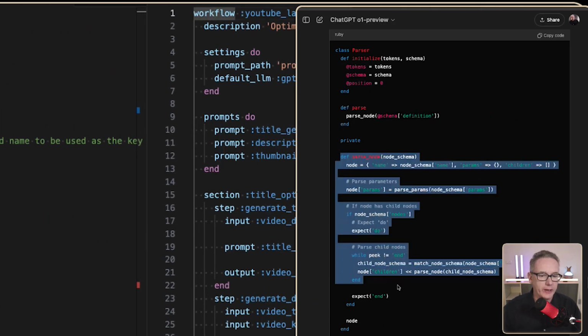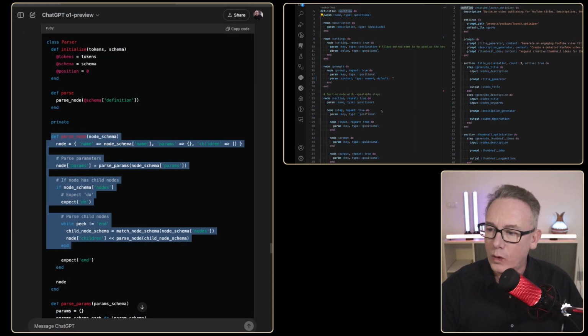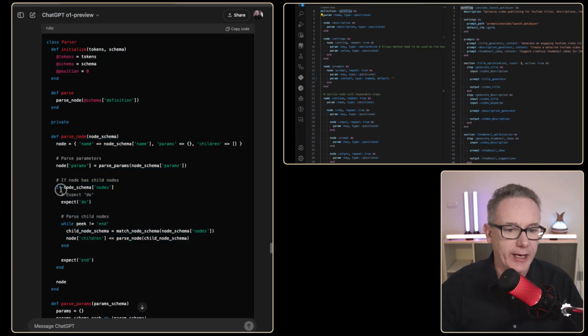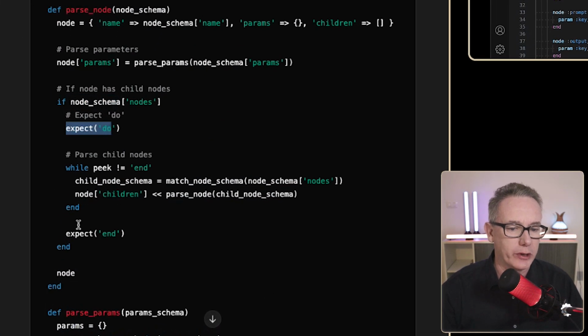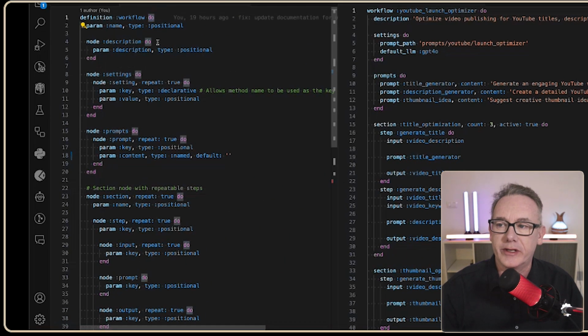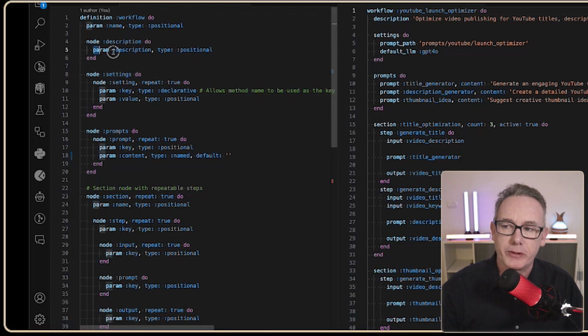If we zoom in on this section here, what we can see is that there's a search for a do block, and there's an expectation that there's an end block after it, and there's a recursion going on. The parse node is calling back through to this method. Hopefully it's going to split out each of these do blocks and the end blocks and capture all the information